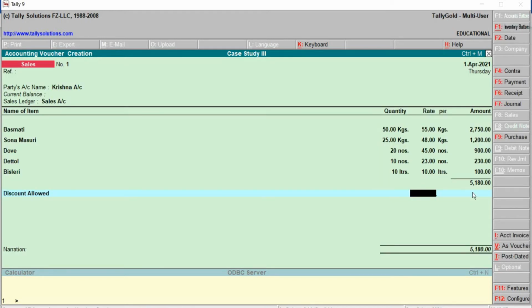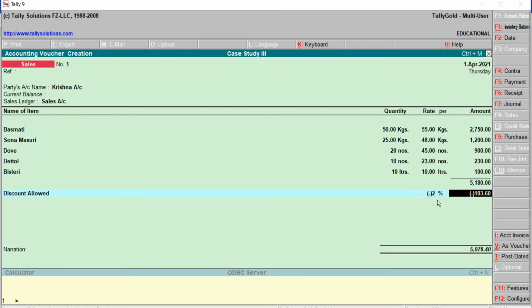Okay. 2%. If we provide here 2%, this will be added. We can see here the total is what? 5,283. Right? What has to be done? Just come back. To come back, backspace key. Just type here -2. It has to be -2 because we are providing discount. Not +2, -2. Can we see here? 5,180 minus 103. And this will be the amount which has to be given by the customer, which has to be given by the debtor, right? Okay. This is one way.